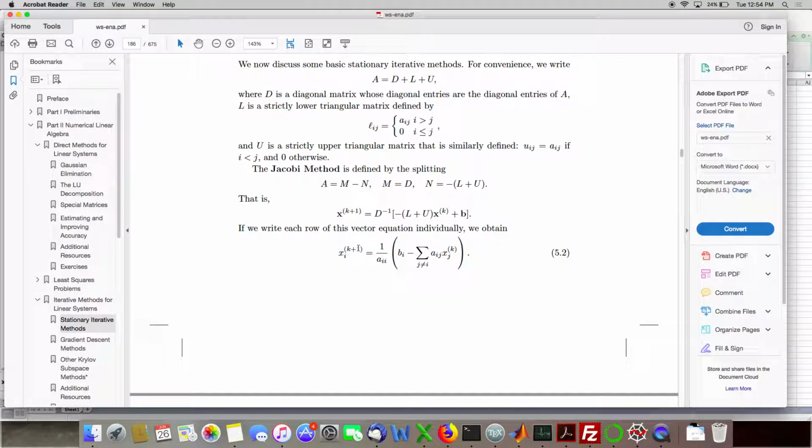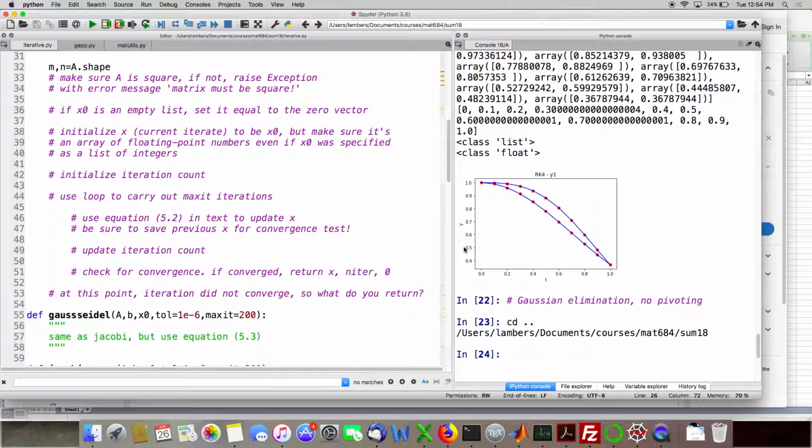So this index k plus 1 or k, that doesn't need to be reflected in the code. You can just overwrite the elements of x. But before you do, make sure to save the previous x, your previous iterate, because you need the old iterate and the new iterate at the same time